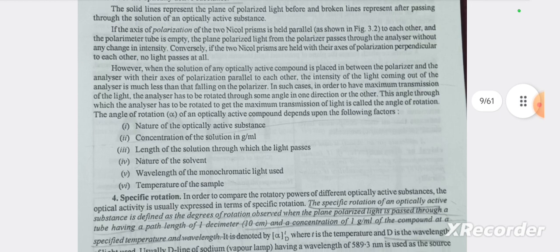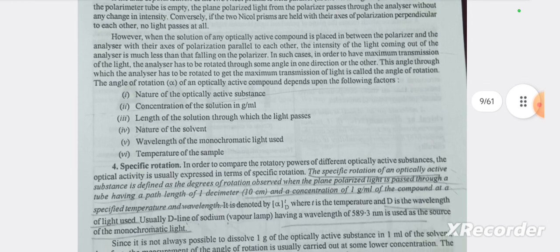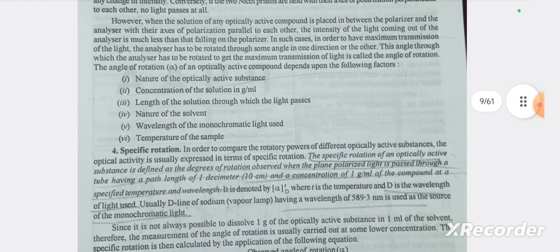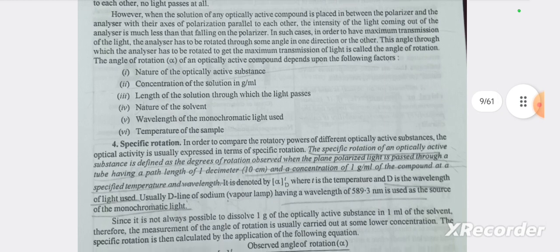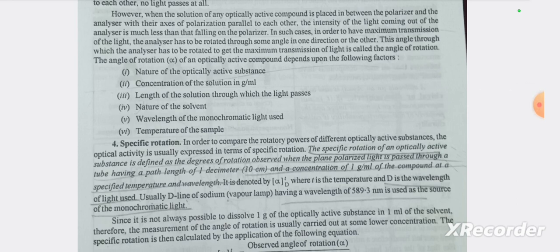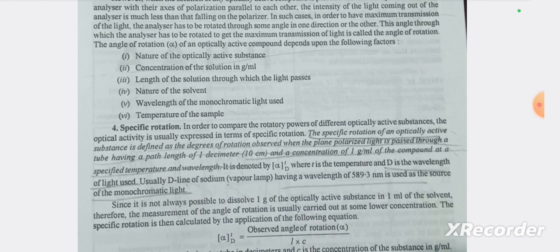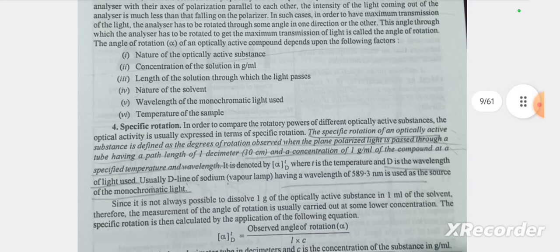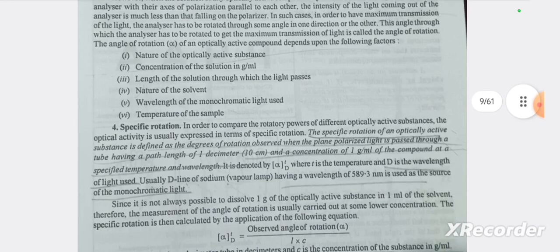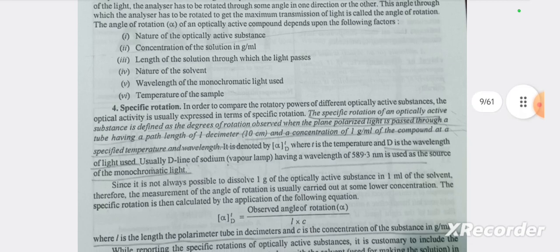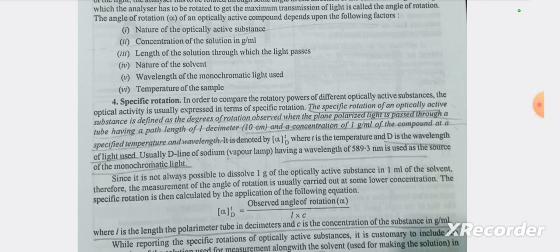Conversely, if the two nicol prisms are held with their axes of polarization perpendicular to each other, no light passes at all. However, when the solution of any optically active compound is placed between the polarizer and the analyzer with their axes of polarization parallel to each other, the intensity of light coming out from the analyzer is much less than that falling on the polarizer. In such a case, in order to have maximum transmission of light, the analyzer has to be rotated through some angle in one direction or the other. The angle through which the analyzer has to be rotated to get the maximum transmission of light is called the